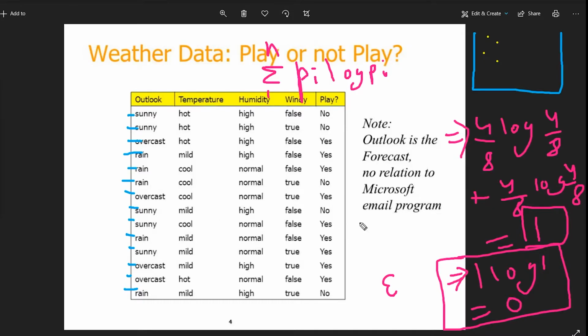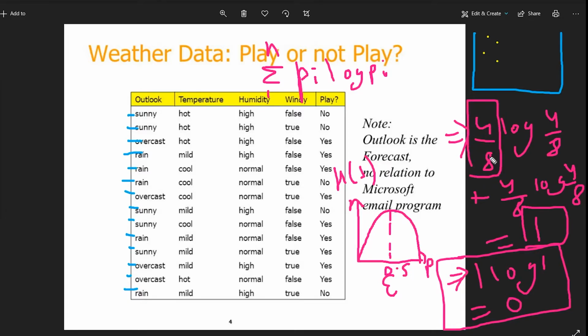So if you plot a graph between randomness and probability, let's suppose this is probability and this is H(S). This is how we will represent our entropy. So our graph will go like this. When the probability is 0.5, or you can say 1 by 2, 4 by 8 is 1 by 2, the randomness is going to be high, that is 1. As you can see here, when the probability was 0.5, the randomness was 1, and when the probability is 1, which is going to be here, the randomness is going to be 0.